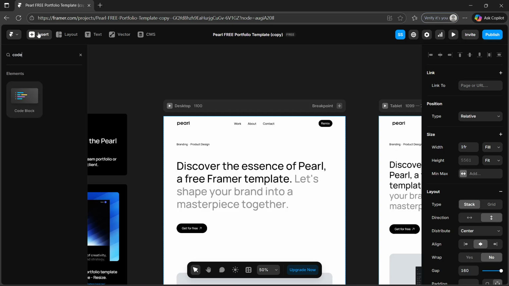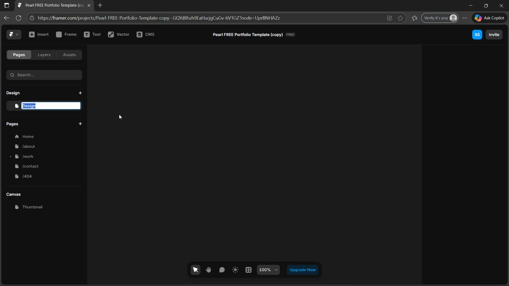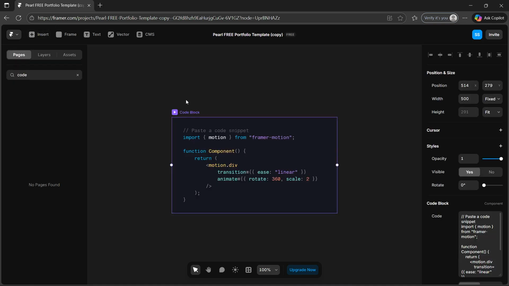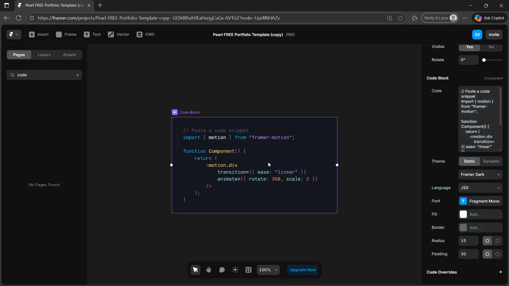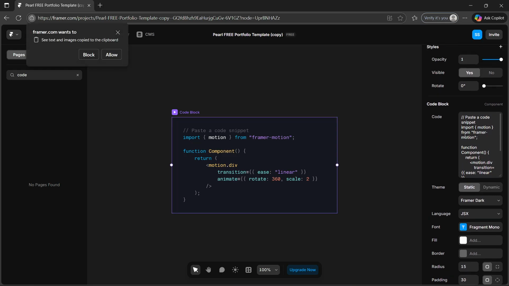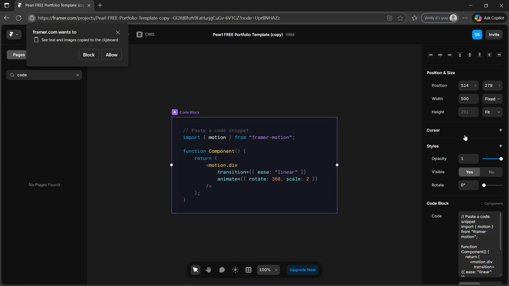and then you will go ahead and look for code block or just code, and then just go ahead and click on that, and then again click on your code block, and then after that a code component like this will appear on your canvas, and then you will just have to click the component, and then you will have to select edit code, which is right here, and then what you will have to do is